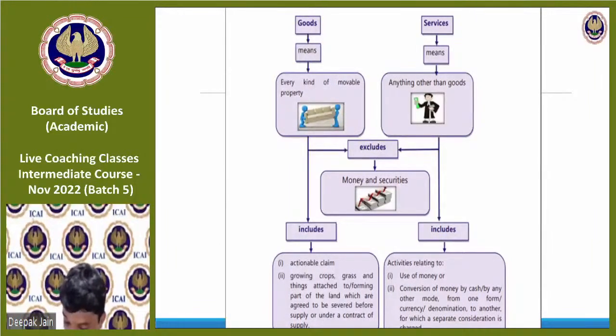Pledge of movable property or to any beneficial interest in a movable property not in possession. Any interest I have in a property is also not an actionable claim. Suppose I have a right to collect rent from a property. Rent is not an actionable claim. Rent is a service separately, so that will be treated as a service, but it cannot be treated as an